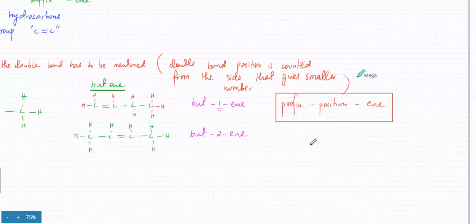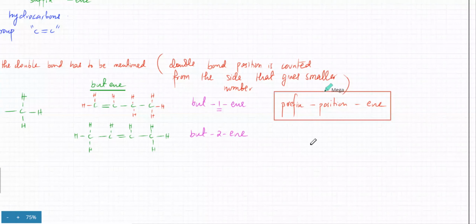And this rule would be followed for all the other functional groups that have an issue with positions. It's not just alkenes. For almost all functional groups, the position has to be mentioned. Like you have to know where the OH is. You have to know where the NH2 is attached. Apart from the first one, alkanes, they don't have a functional group, so in that case you don't have to write a position. But for every other compound, before the suffix, you mention the position. So this one is but-1-ene because it's on the first carbon atom. This one is but-2-ene because it's on the second carbon atom.